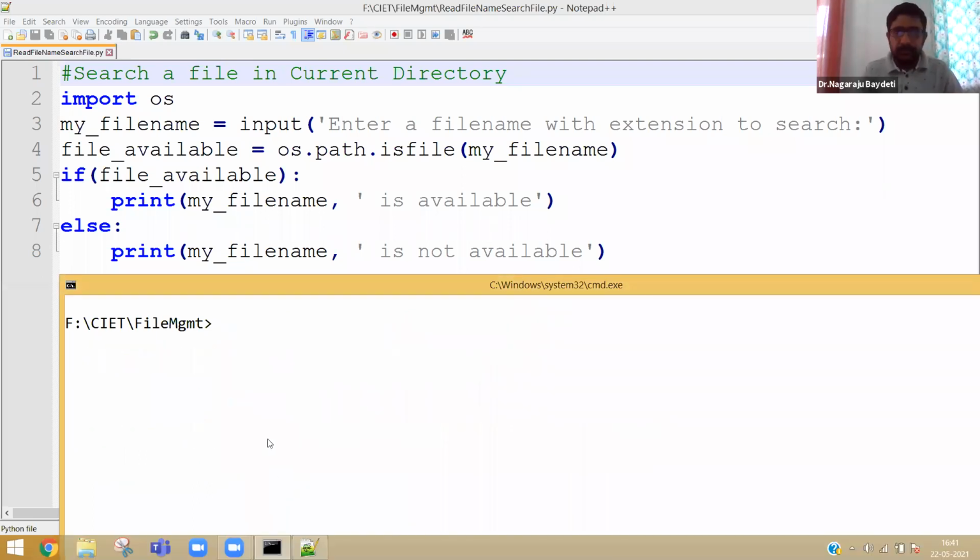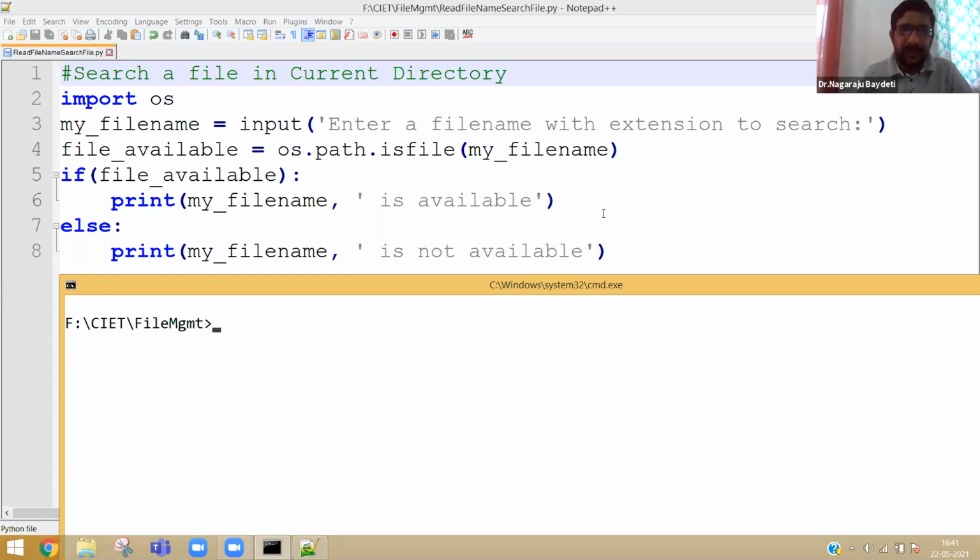Okay. Now, why are we searching a file? What is the need to search a file? One is to learn the concept of how to search a file. The next thing is, in case you want to read a file, if you want to read the contents in a file, let us not directly try to open the file.